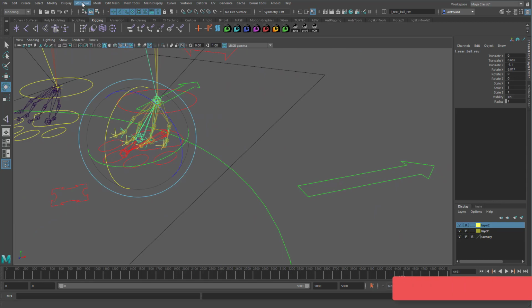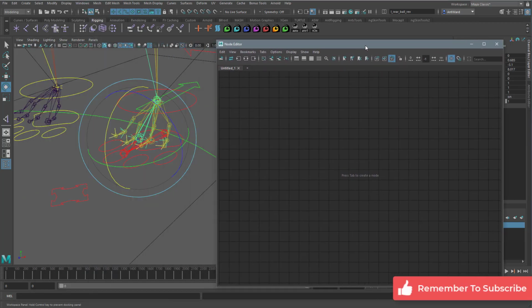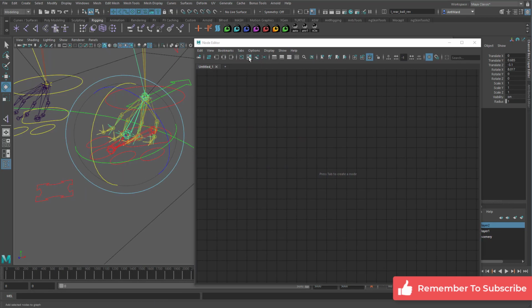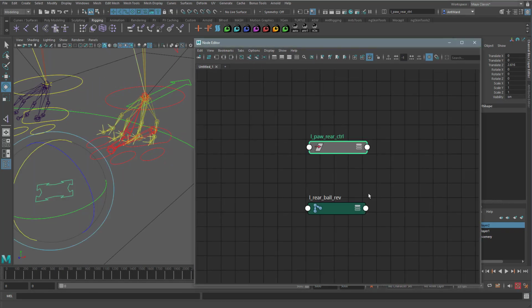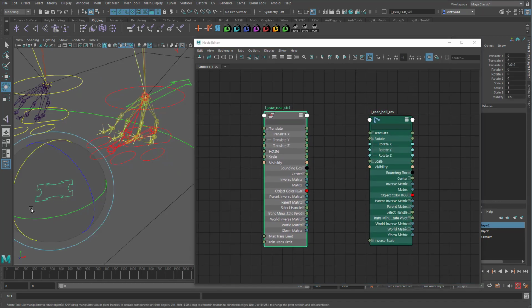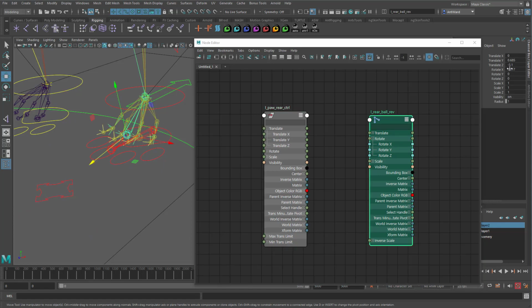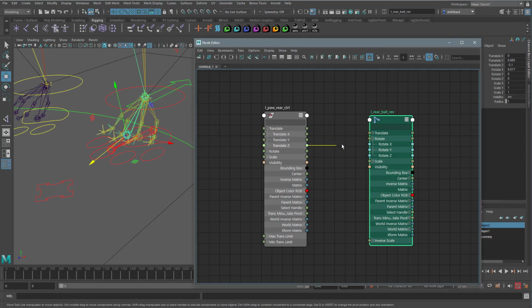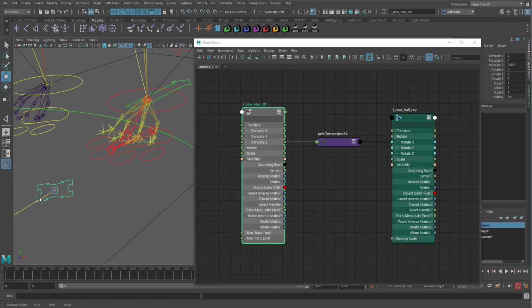Open the node editor and bring in the reverse ball joint and also the paw control. Let's organise these. It looks like we need the Z translation and the X rotation. So connect Translate Z to rotate X. Now if we move the control, the ball rotates. Perfect, that was easy. The ball joint is moving, yes, but not very much, so let's increase the amount it